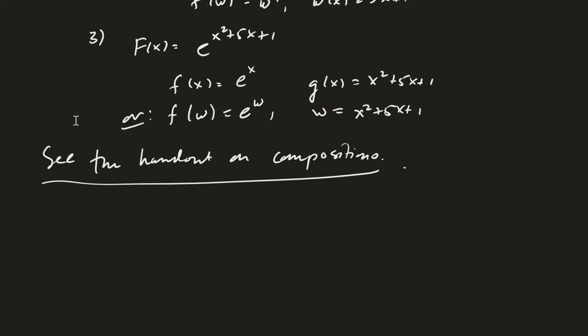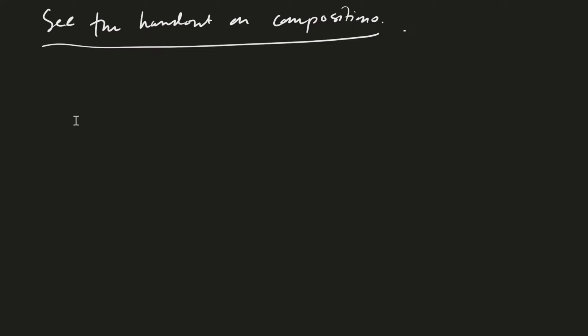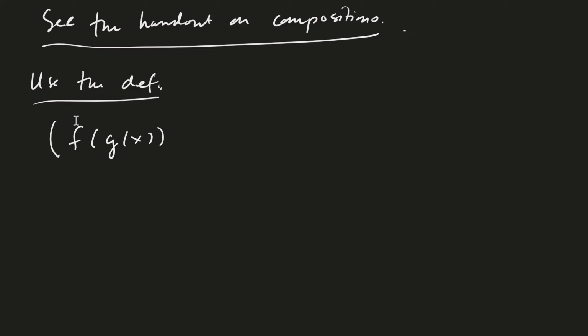We want to take a look to see what the derivative is for a composition. So let's see, how am I going to do that? Let's use the definition. And so the derivative of f composed with g is equal to the limit as h goes to 0 of f of g of x plus h minus f of g of x